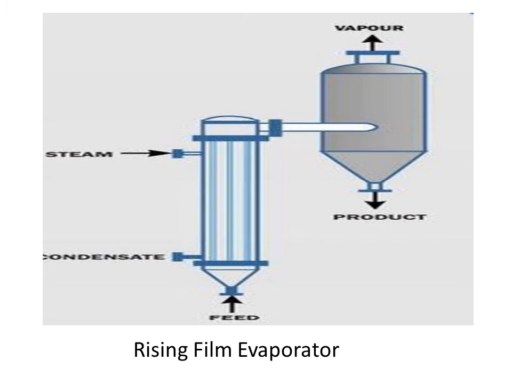Now, when the feeding is done from the bottom, it will move upward. As soon as the feed enters the metallic tube, the heating unit will heat the material and convert the liquid into vapors. Now these vapors will enter the condenser unit. In the condenser unit, these vapors will get cooled. As soon as they are cooled, the liquid will be collected at the bottom and the water vapors will be removed from the top. This rising film evaporator is also called a single effect evaporator.